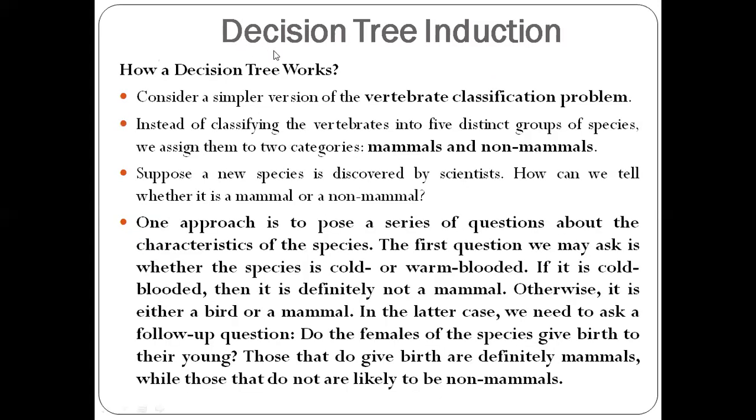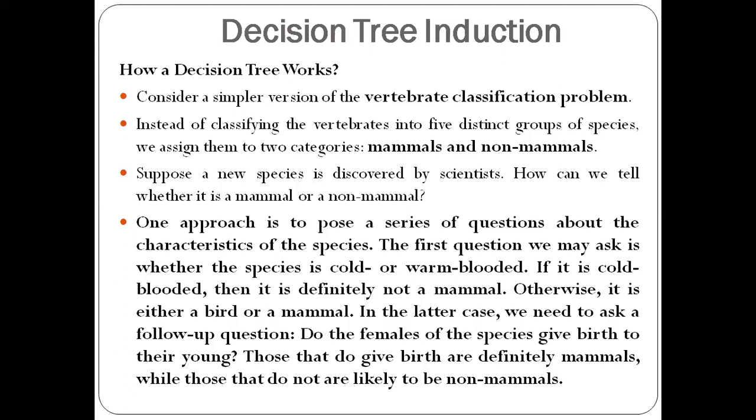Now let's move to the first one, that is decision tree induction. Again, decision tree induction is one of the classification methods. Using this method we can assign the class labels to the data records. All these classifiers are mainly used for performing classification, where we assign class labels to the data records. The objects will be assigned to one of the predefined categories. One of the best classification techniques is decision tree induction.